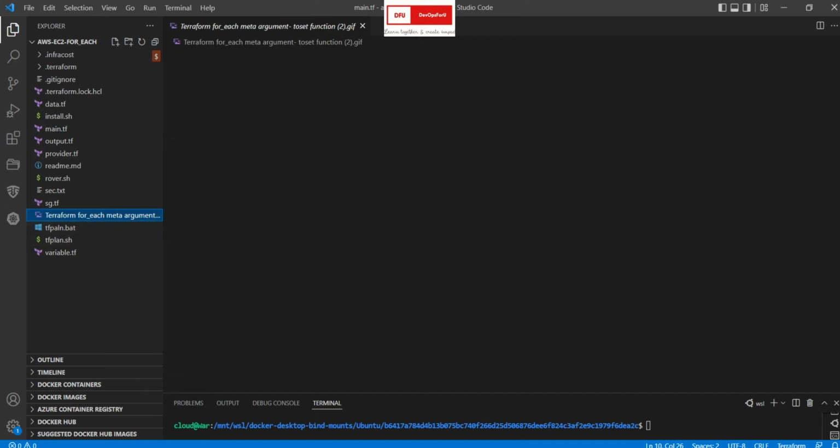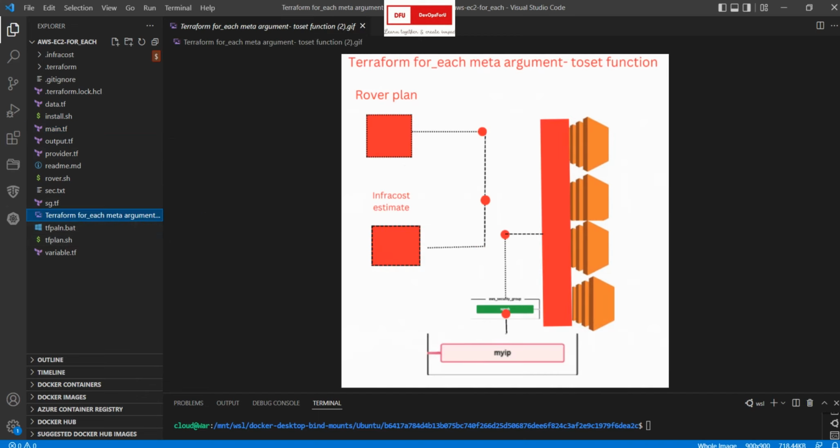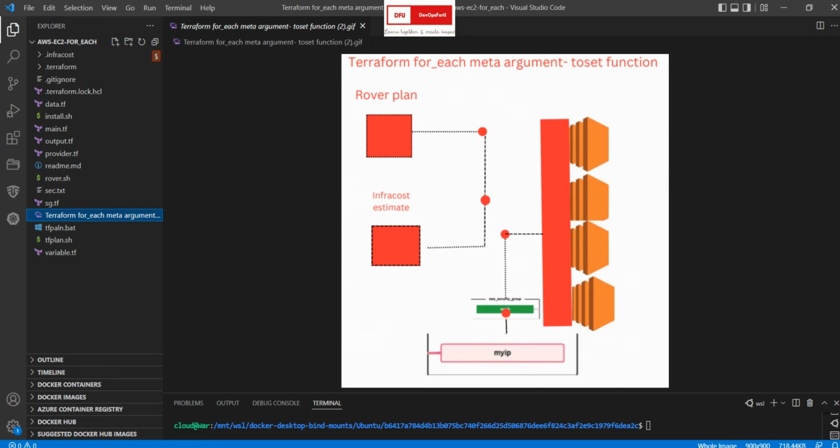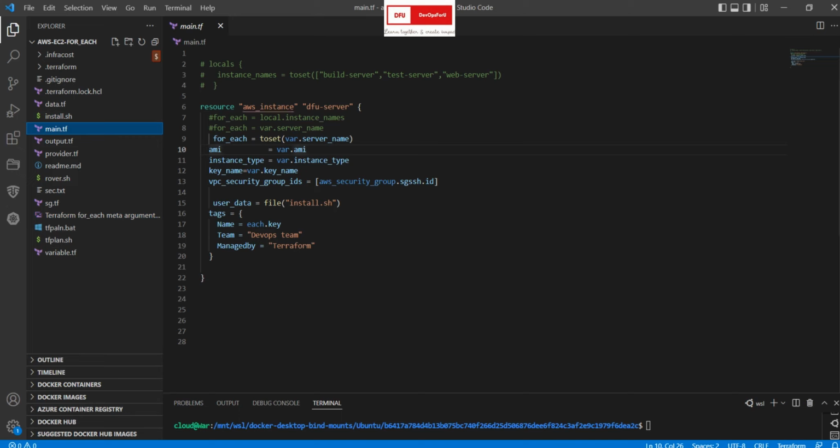If you see this snippet, we are going to create a few EC2 instances and a security group, and on that instance we are going to deploy an Nginx web server. I'm also restricting the instance to my IP, so that I can only access this server from my laptop using my public IP. Okay, so here if we go to the main.tf, I have a resource name, and the resource we are going